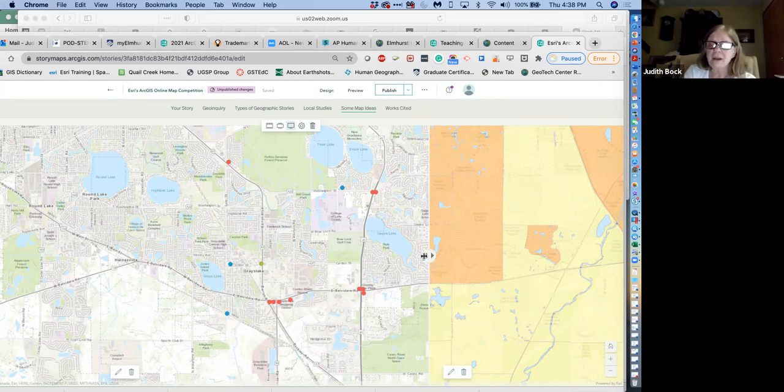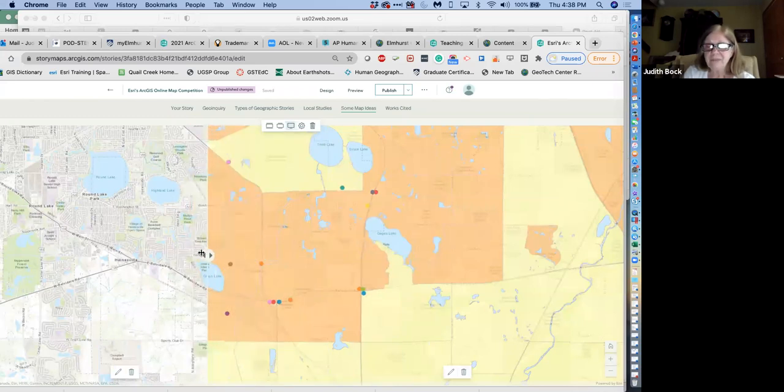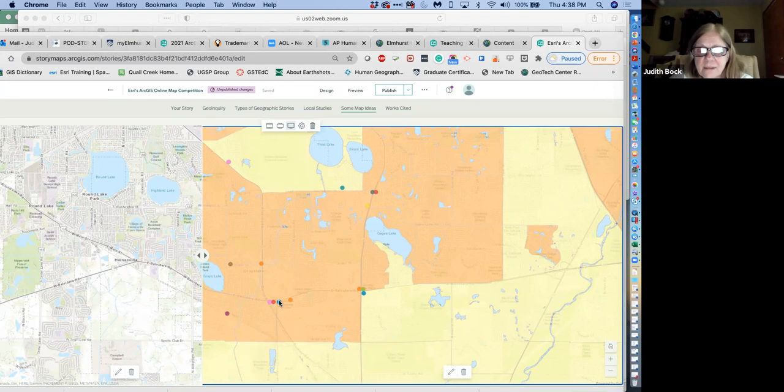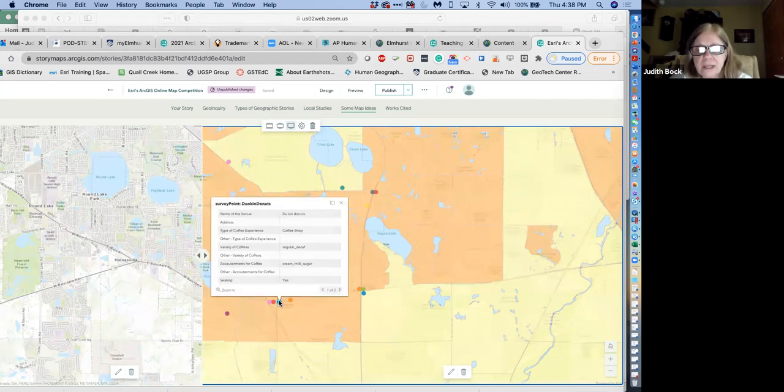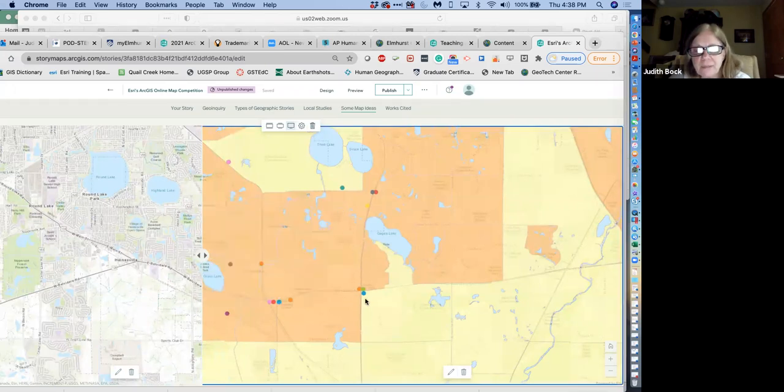The swipe map on the other side is the same information. Notice the dots are there, but they're colored differently. In this particular map, I think they were individual colors to show the individual coffee shops. So some of these look a little bit the same. I think that was the information that I had on this particular map, but it's also overlaying a map of